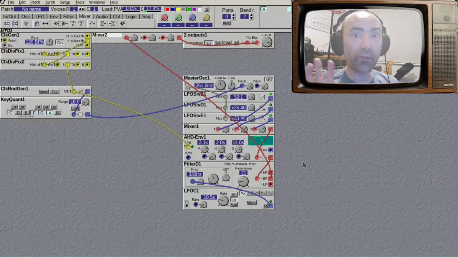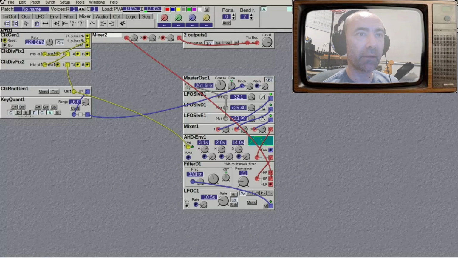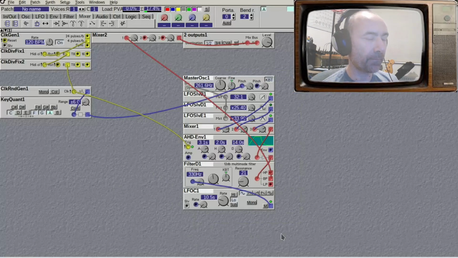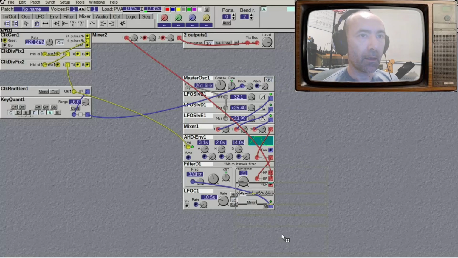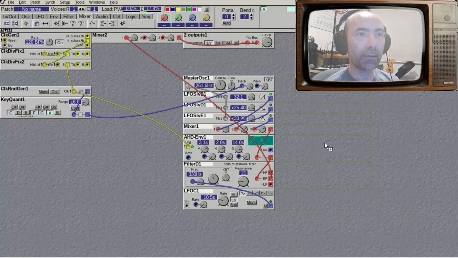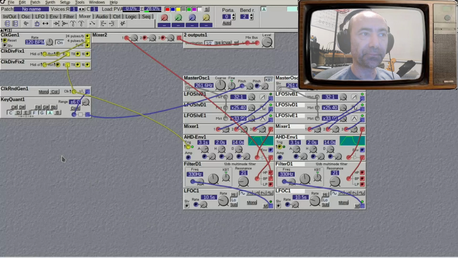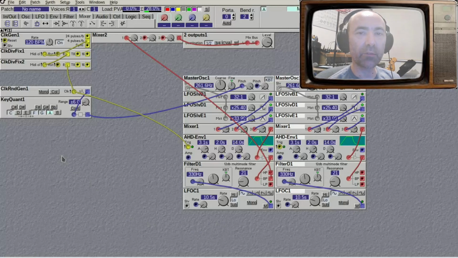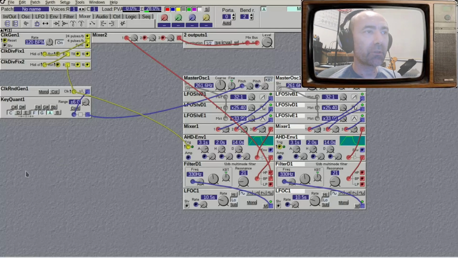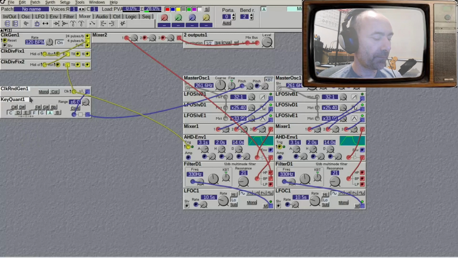Remember, we want 3 notes sounding because our chords have got 3 parts. So I copy that and I put another one in there. And remember what I said, we need another random note generator, because we want a different set of notes for this next pad. So I'm going to take that, copy it,